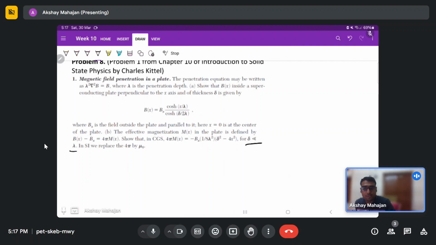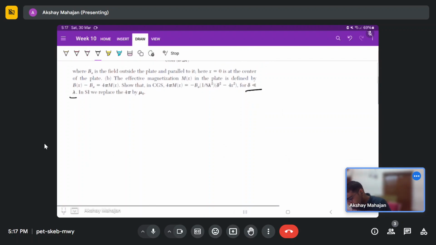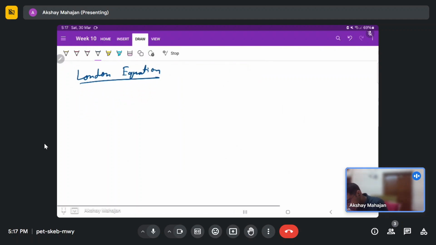This limit we have to use, and then in SI units you can just isolate and replace 4 pi by mu naught. Let's just change the units. Okay, so first of all, what are we given? We know this is also one of the forms of the London equation. So from the London equation we know that